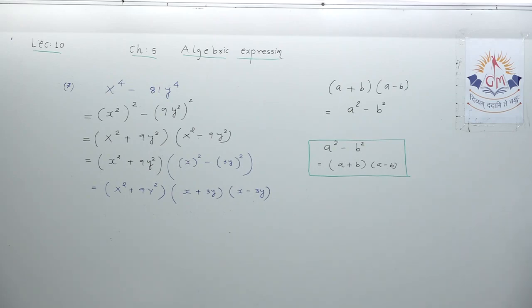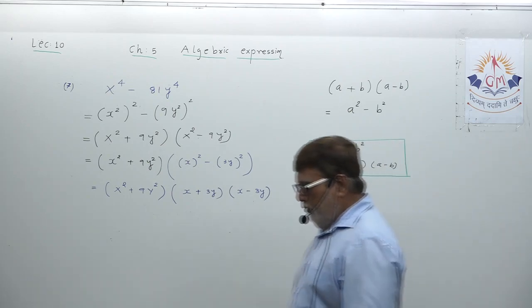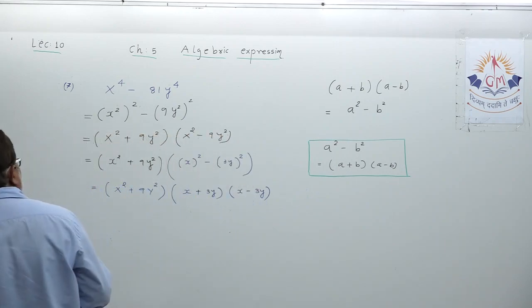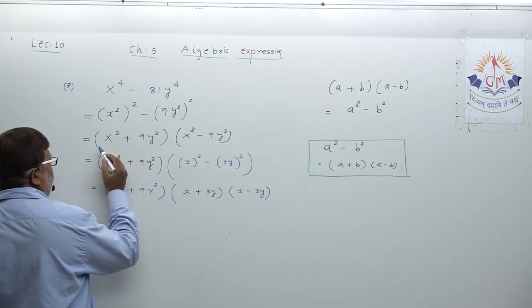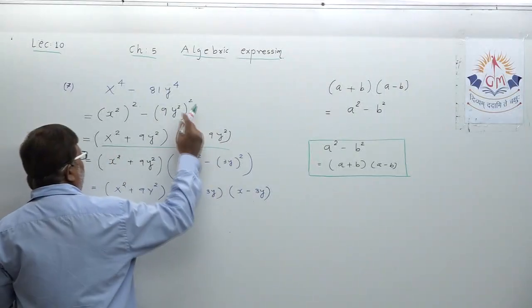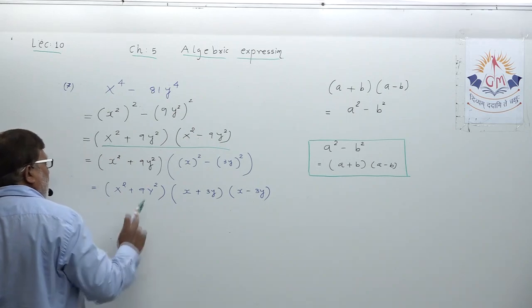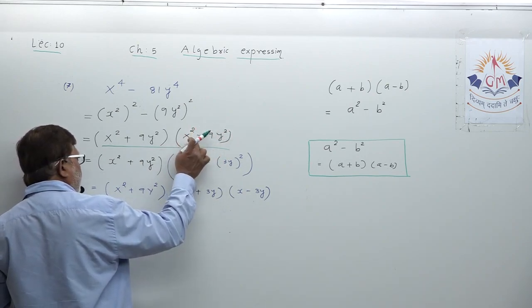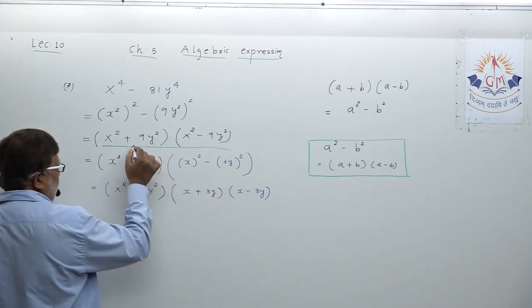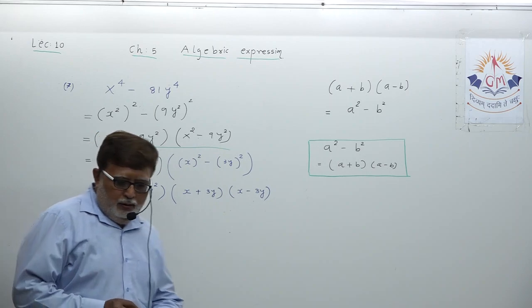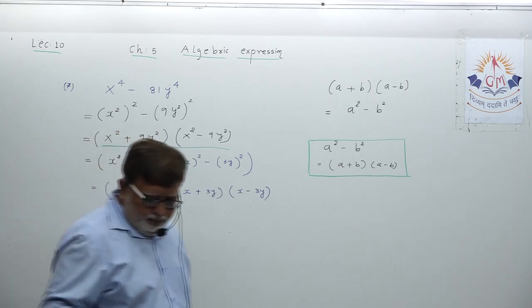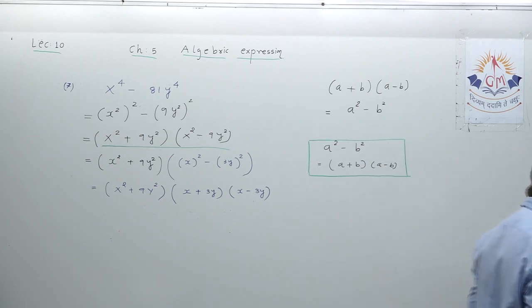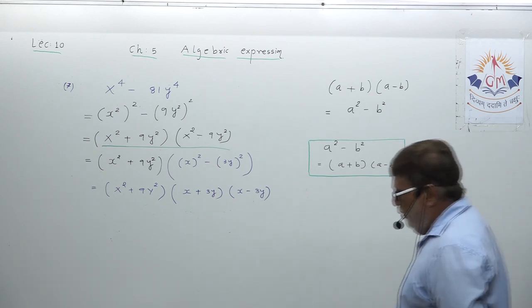Actually, the sum is done in two stages, dear student. First stage ends here. This is the first stage, understand? Where you factorize and got this answer. But because here two terms, square root possible, negative sign, so this is further factorized. This is as it is. Verify this. Be watchful. Check each and every step.